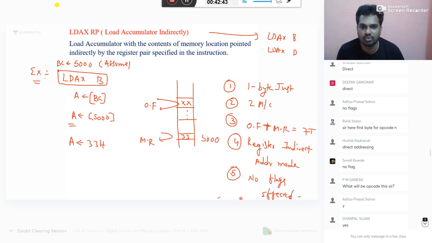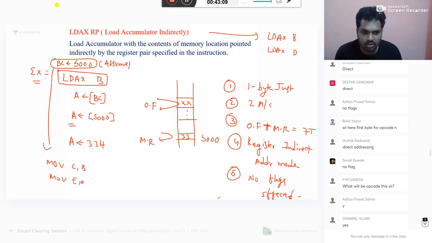Okay. So now wait. Alicha is having a doubt. What is the doubt? Sir, BC can be 5000 also. 5000 can be data also. You use it as data, nothing wrong. The computer doesn't know whether it is data or address. You can use B and C in the same program: move C comma B, move E comma, move D comma B, move E comma C, add D, add E. You can use it as data, you can use it as address. The computer doesn't know. You are the user, you are using it as an address or data.